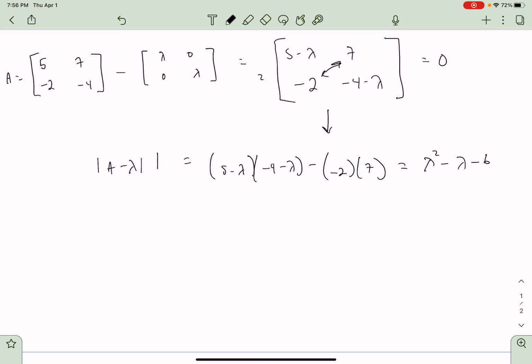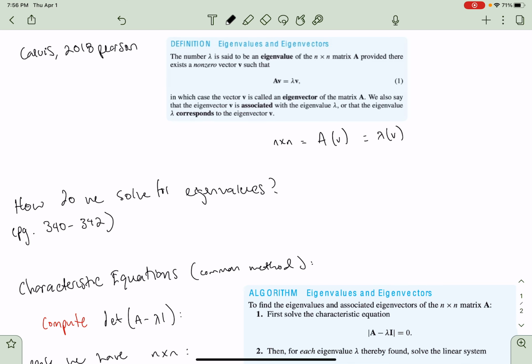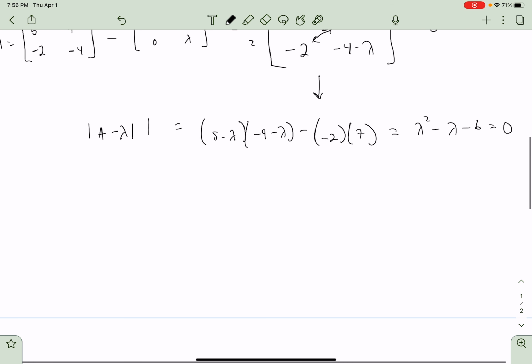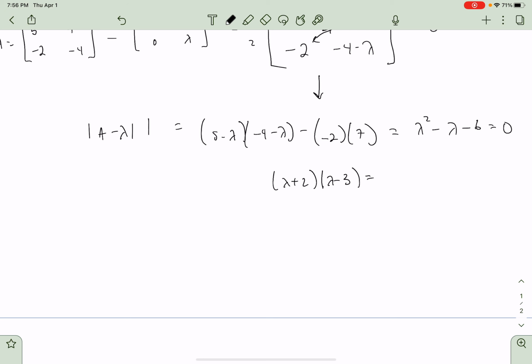Now, as you know, in polynomial functions you can have complex roots, you can have real roots, and you can have a mix of those two as well. Those are the two main kinds of roots you will find, and the roots themselves are going to be considered the eigenvalues. If you plug this into a calculator, in this case we don't really need to, because looking at this problem you can determine that it's lambda plus 2, lambda minus 3 is equal to 0 after simplifying that. So then the lambda values must be -2 and